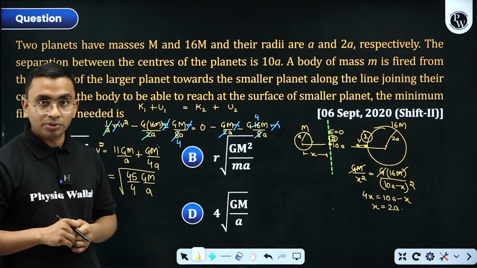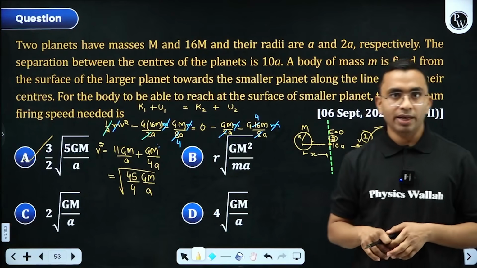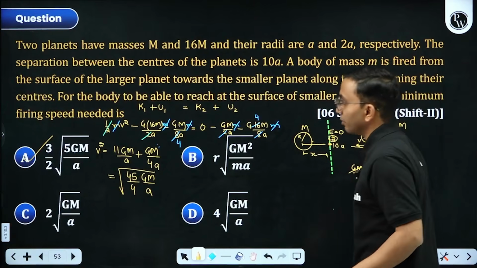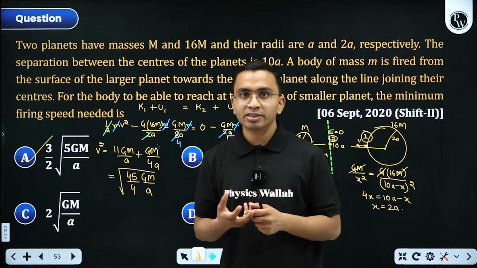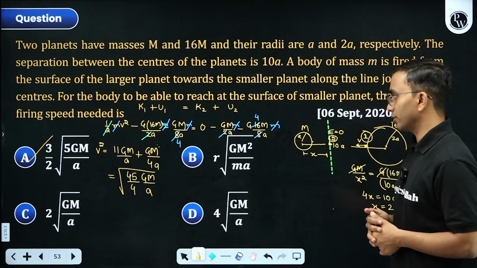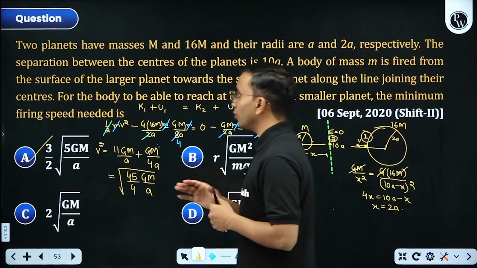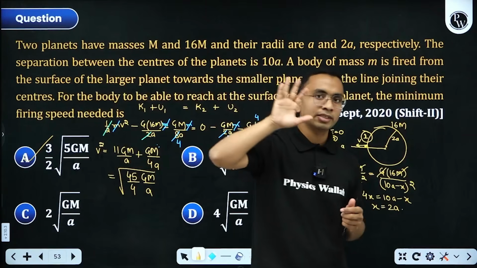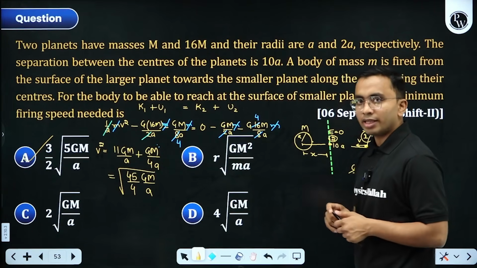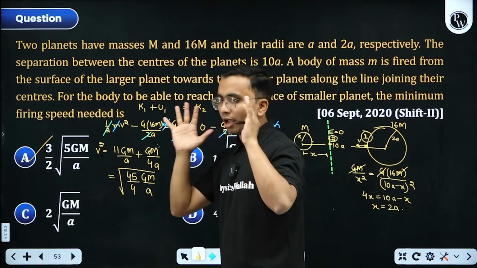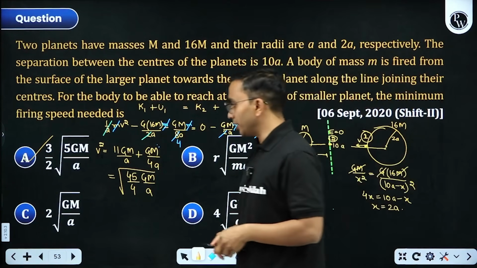And if this question appears in the exam, such type of lengthy questions, I will prefer to avoid it at that time because it requires multiple steps and it is very easy to make some silly mistake while writing the equations during the exam. So when I'm attempting the paper in the first go, although this concept is easy, I will avoid this question, and at the end I will come back to solve it with a peaceful mind, because I have completed the paper. Now I'm having full focus on this question. I'll be able to do it properly.